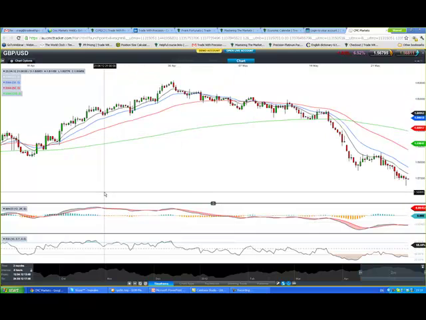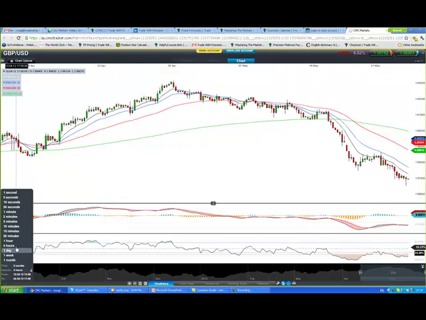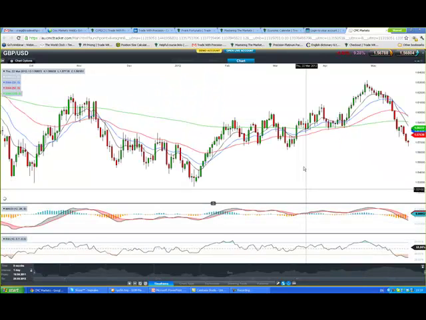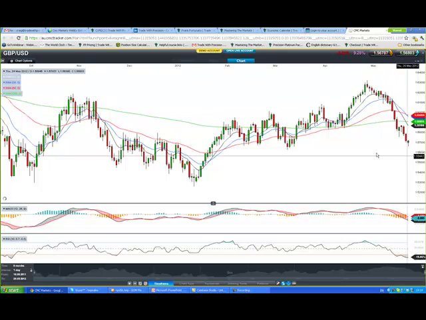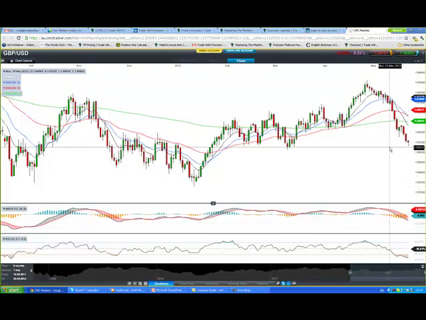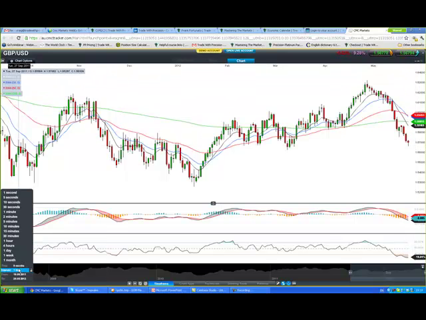Now immediately looking at cable, which is GBP USD, what I'm seeing is we've got a downtrend. I'll just jump out to the daily as well. On the daily, we've just kind of rolled over. We're just making a low as we speak. We've broken down through here. It's not exactly a downtrend, we've just sort of rolled over and continued, but on those lower time frames, at the 4 hour, we've got a downtrend.